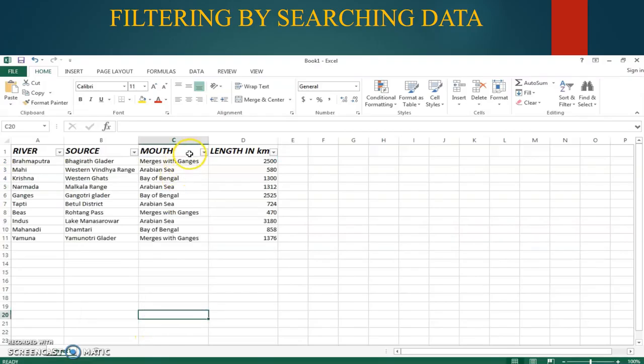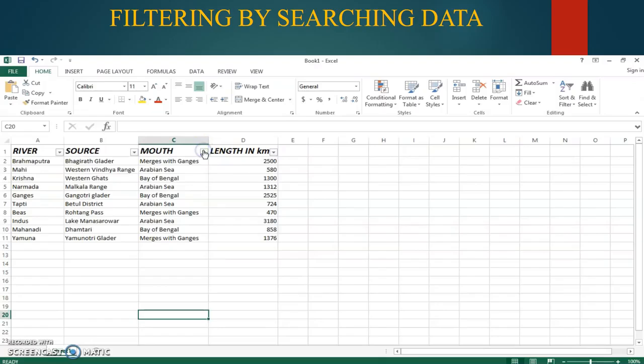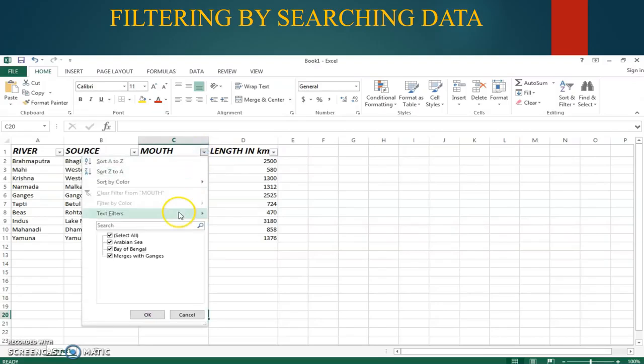Okay, if you want to check some other thing, once again press the month tab inside the search option. You can type Arabian Sea or Bay of Bengal. What are the things under the heading, that thing you can type it. First you have to remove it or anything.